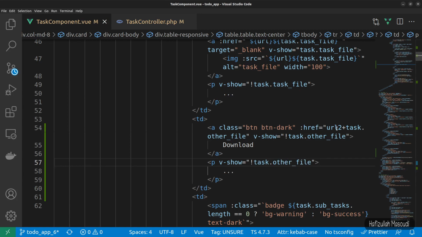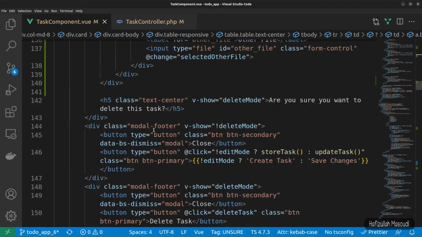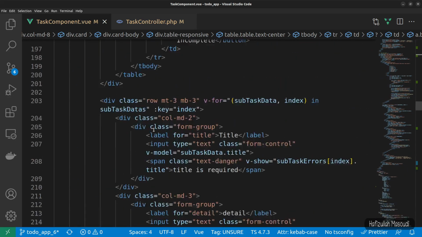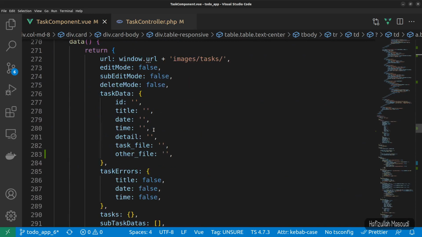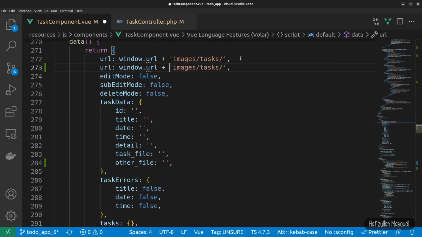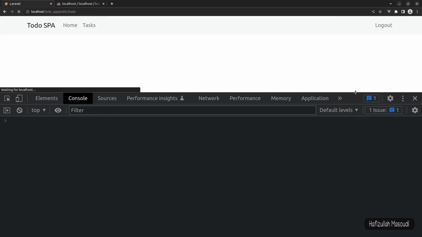Now this being done, we have to create this URL too. So let's go to our data property. So let's just scroll down, and in here we already have this URL, so let's duplicate it, and instead of URL, let's say URL2, and we need the window.url, but instead of images tasks, we want to go to uploads/ and then the file name. Now let's save this. Let's get back to the browser, and now let's refresh,